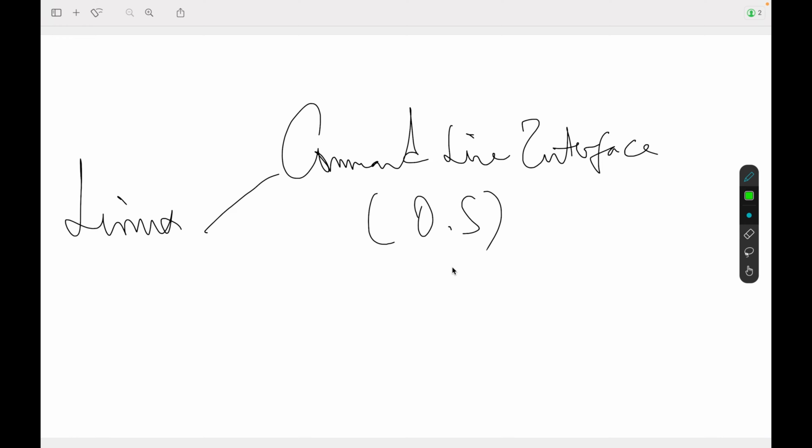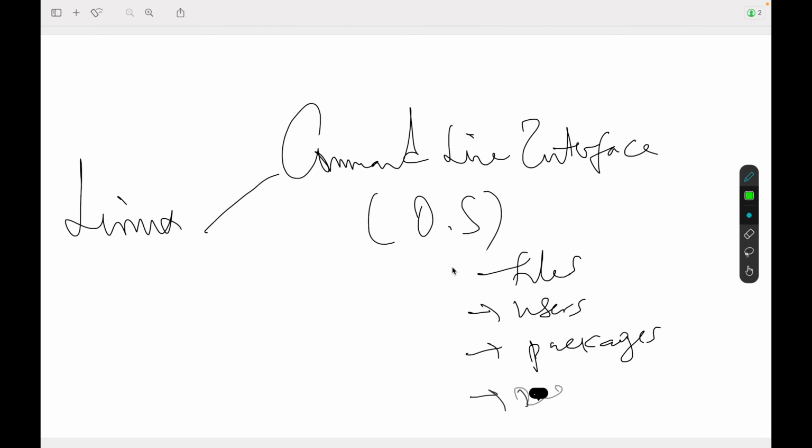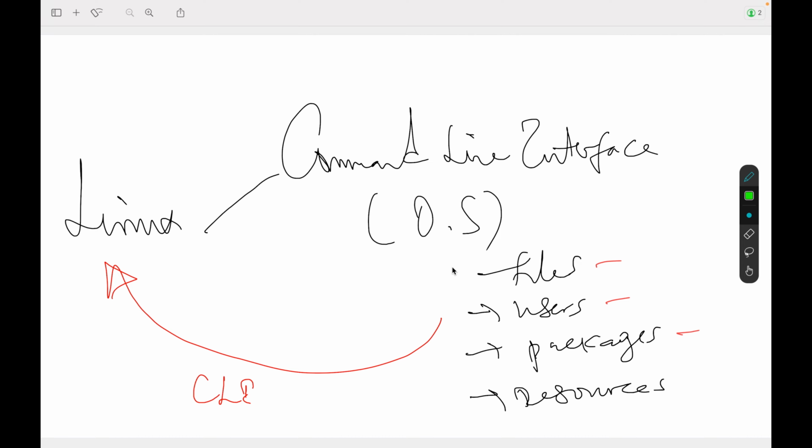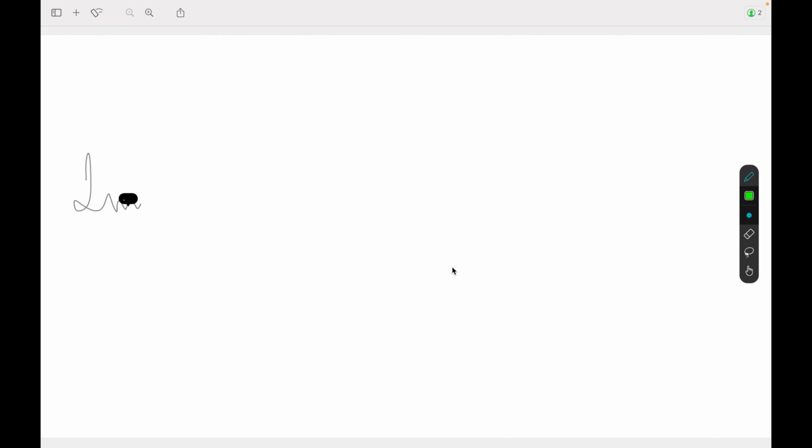So for you to manage files, users, packages, and resources with Linux, you do that using the command line interface. The Linux operating system is open source,